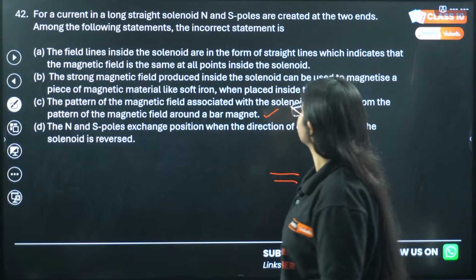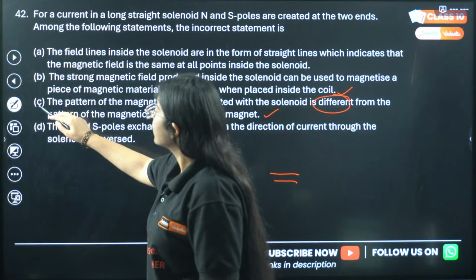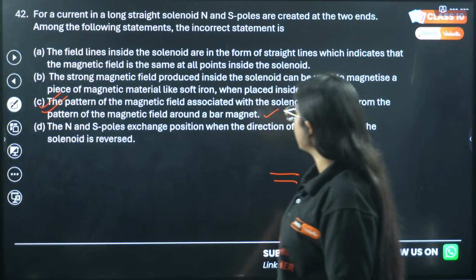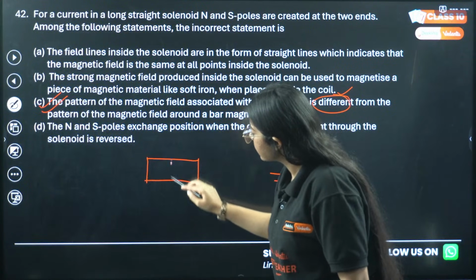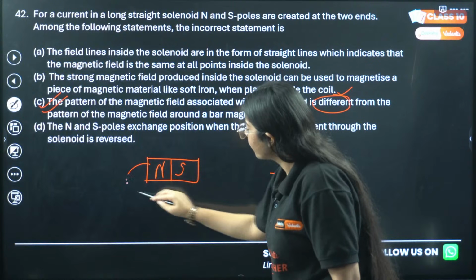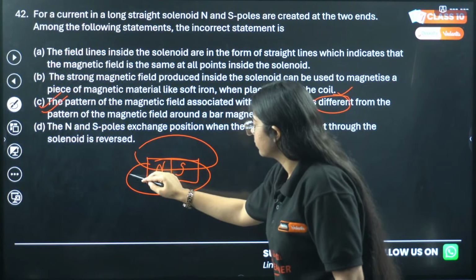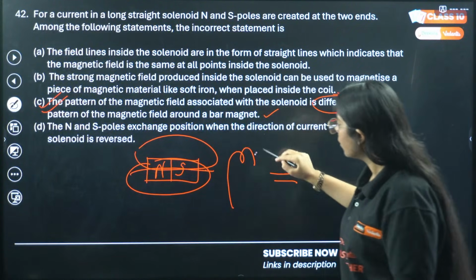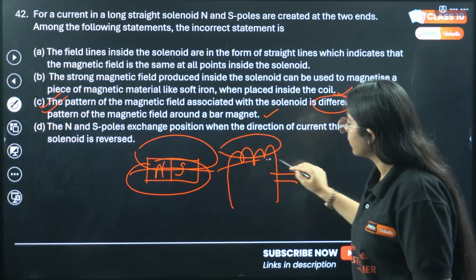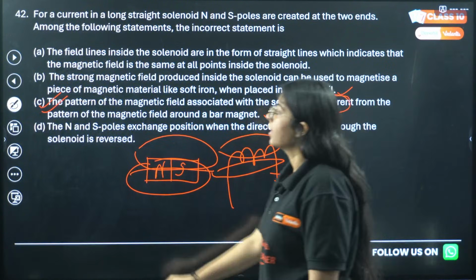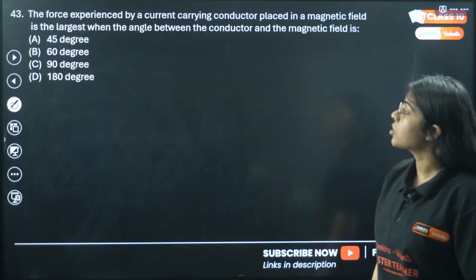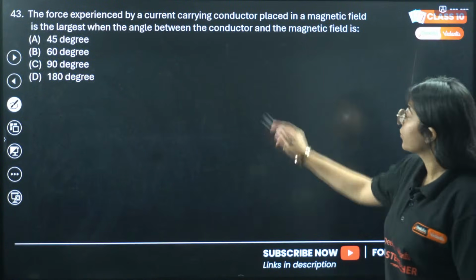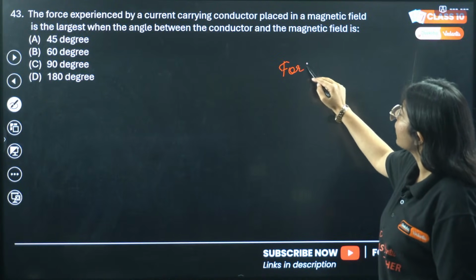Let's see. Actually, C is the correct answer. The pattern of magnetic field lines associated with a solenoid is definitely the same as the pattern of a bar magnet. Correct? And this is how the magnetic field lines are there in a solenoid as well. Correct. 43rd question. It says the force experienced by a current carrying conductor